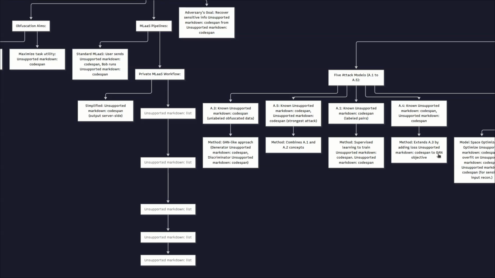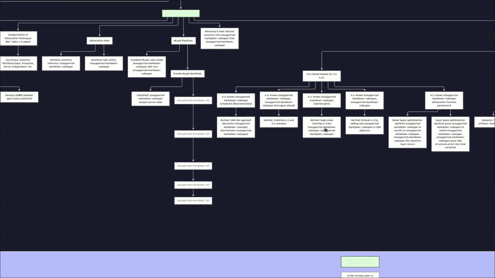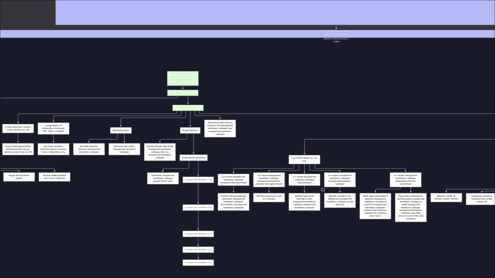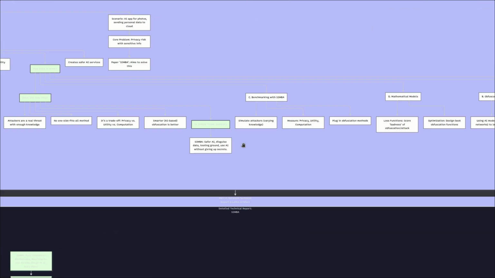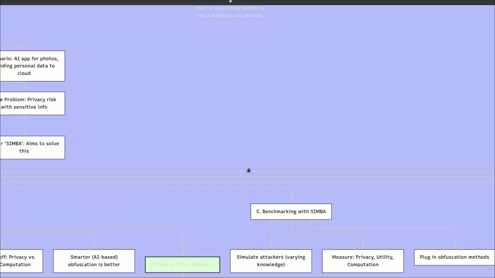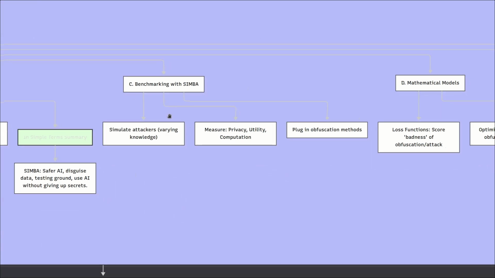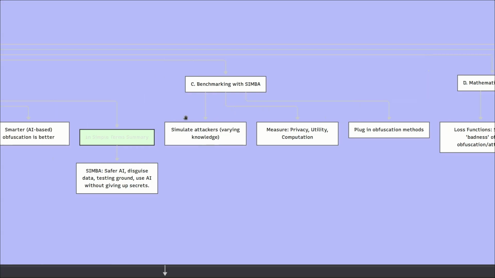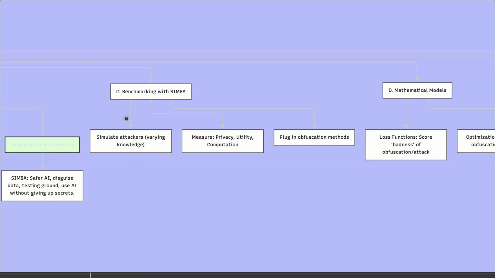This work overall is really important for secure machine learning as a service applications, such as facial recognition or medical imaging, where privacy is paramount. By providing SIMBA datasets and open source code, which will also be linked in the comments or the description, the paper fosters community driven research. For students, it demonstrates mathematical concepts like optimization and neural networks addressing real world problems, bridging theory and practice.